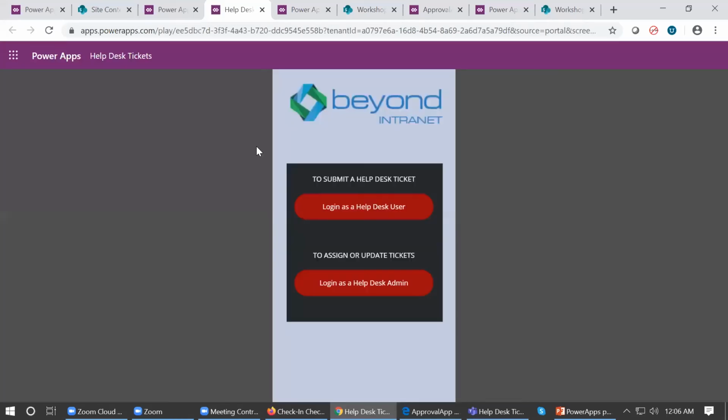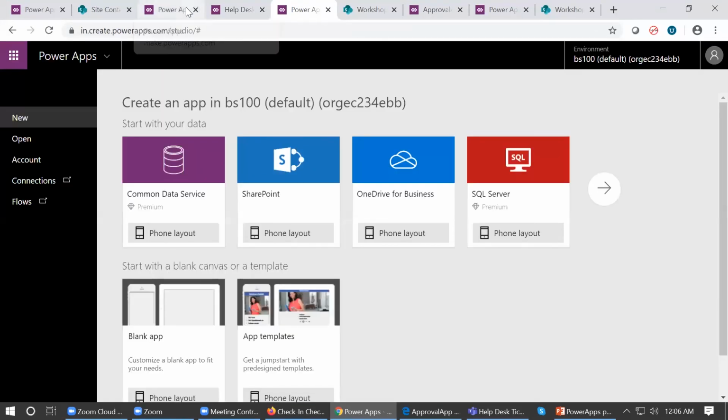So here I will showcase you the same. Here you can see that this application is the ticketing system, and you can simply log in as a user and raise your ticket, and then the admin can go into the system and approve or assign that particular ticket to someone, and then the assignee will resolve that particular ticket. And I have that application in the edited form as well.